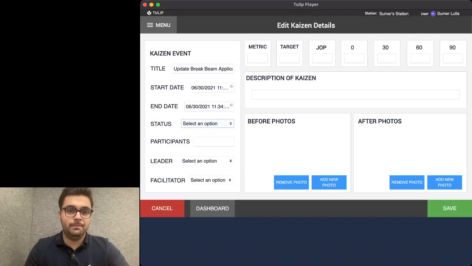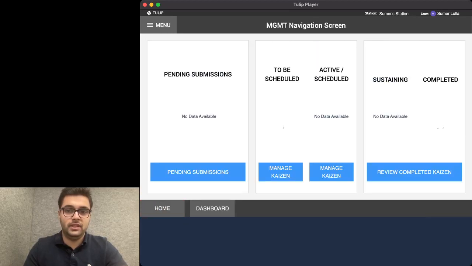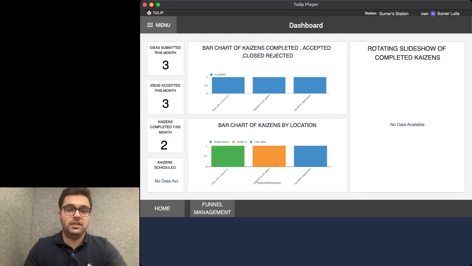And I'm actually going to mark it as completed, with a participant of Sumay, a leader of myself, and facilitator myself, and I hit save. What we see is that my Kaizen opportunity has been submitted and it's now updated to 2 completed Kaizens. Lastly, I can go to the dashboard, and what we see is that there have been